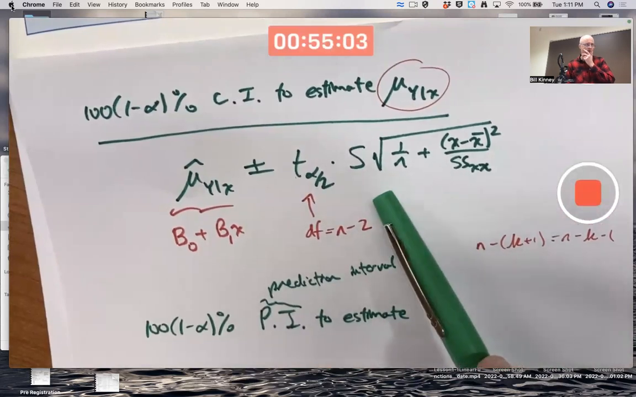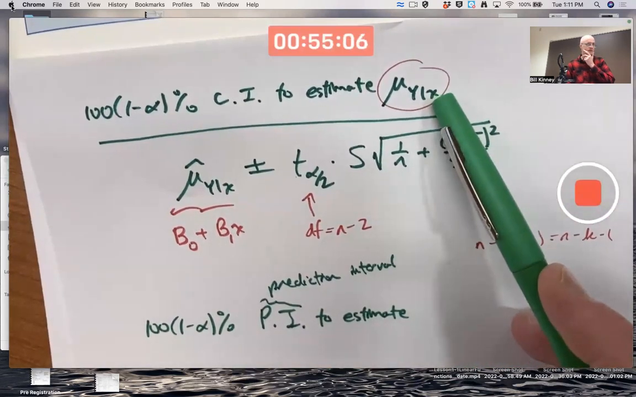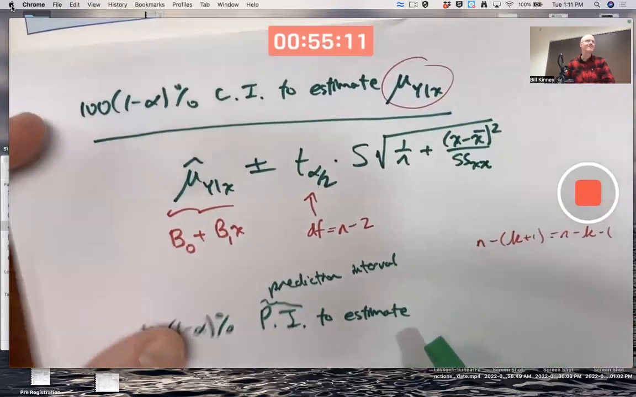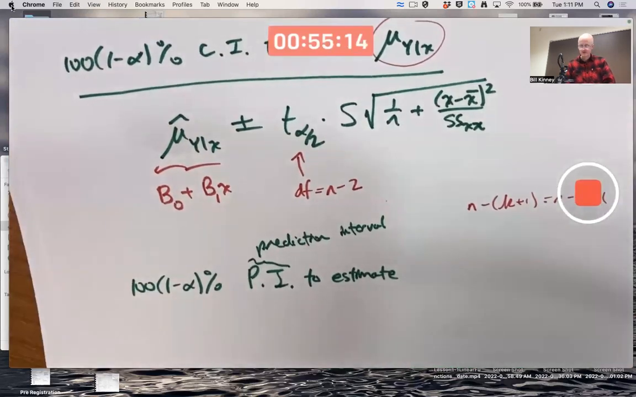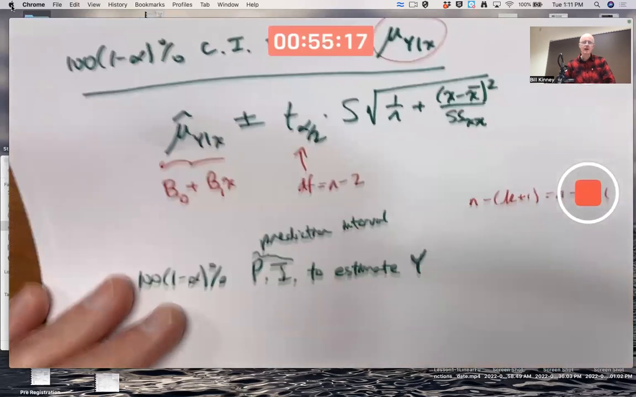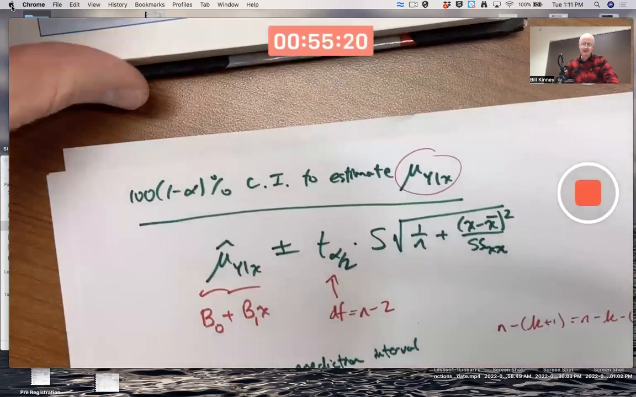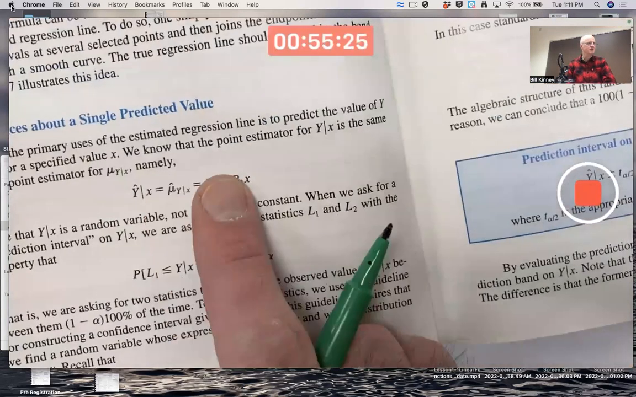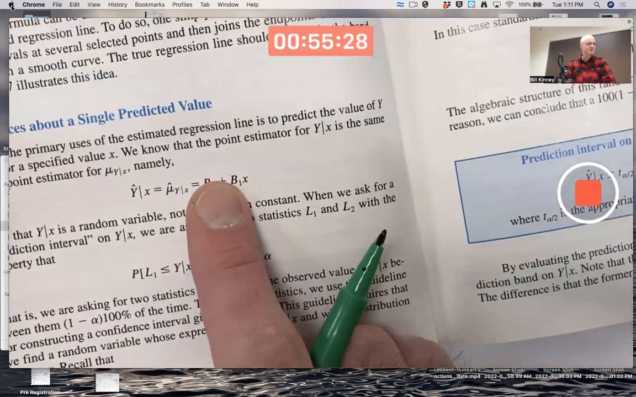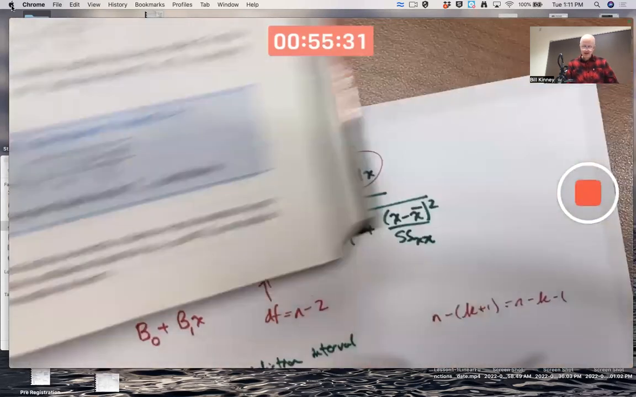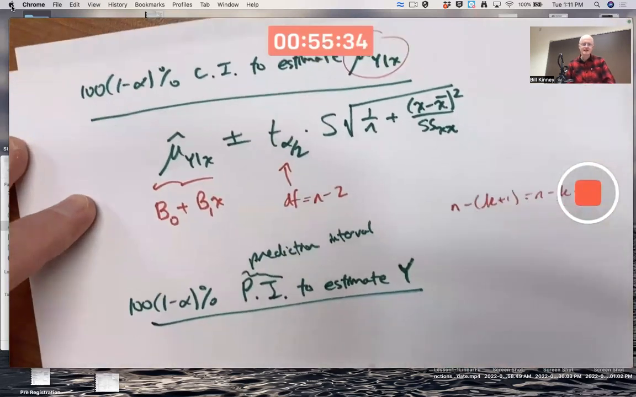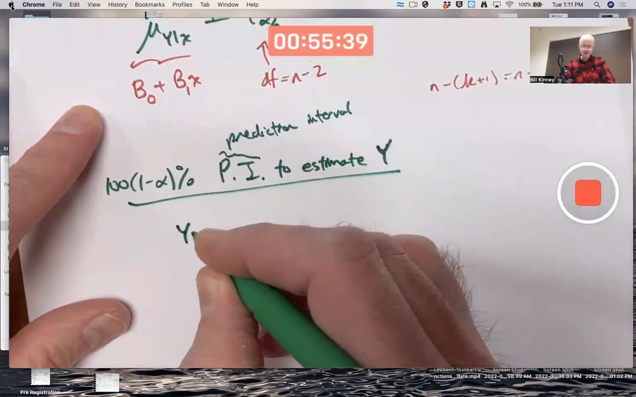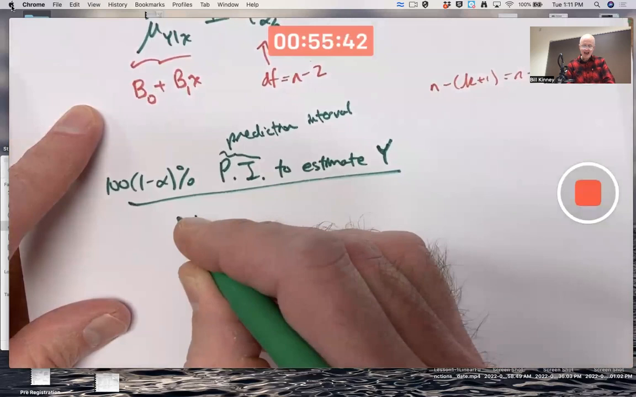We're using this interval to estimate a population parameter effectively. We're using this interval to estimate y itself, to estimate a single predicted value. And the notation is a little different. The point estimator is y given x hat